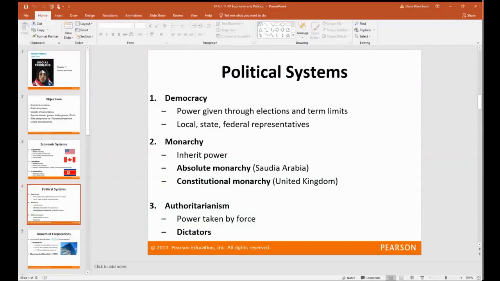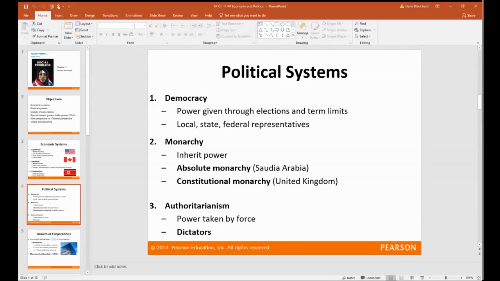Today, the majority of absolute monarchies have moved, and they have over the centuries moved towards a constitutional monarchy. One example of an absolute monarchy is Saudi Arabia. A constitutional monarchy is different, though. It has a combination of kings and people that are within the monarchy that do have power, but it's limited. It's a combination of a monarchy and also elements of a democracy. This is called a constitutional monarchy, where they do have a constitution, and they typically will have a prime minister, which would be equivalent to the United States having a president.